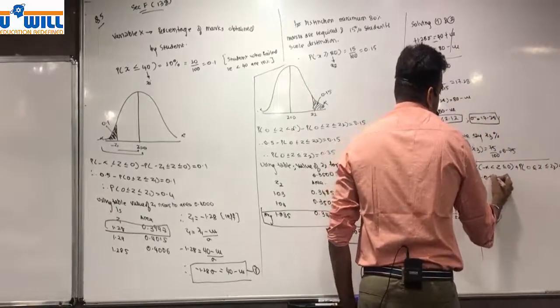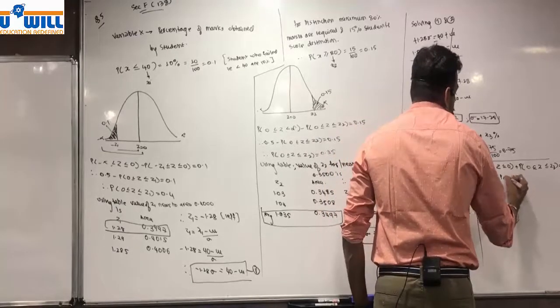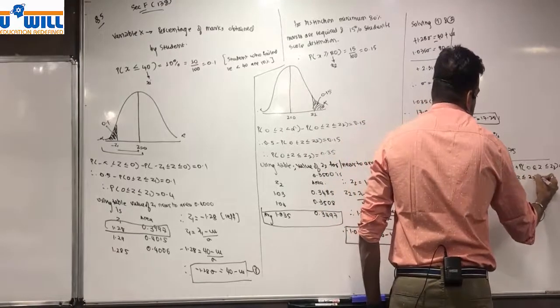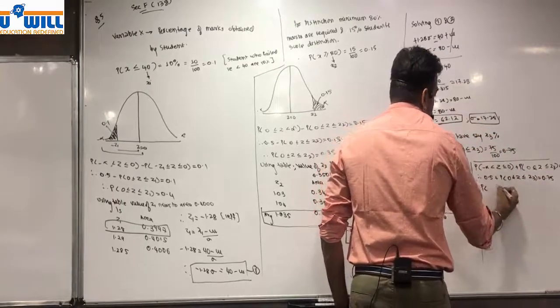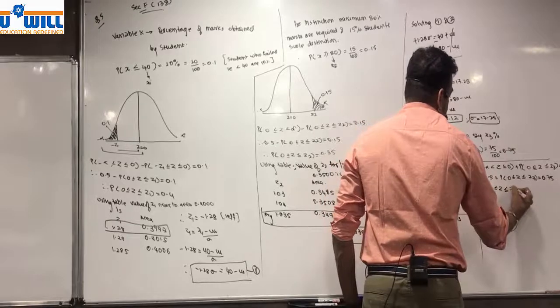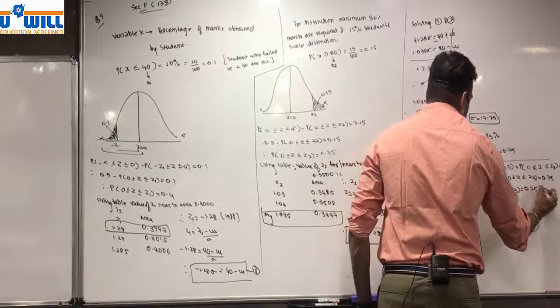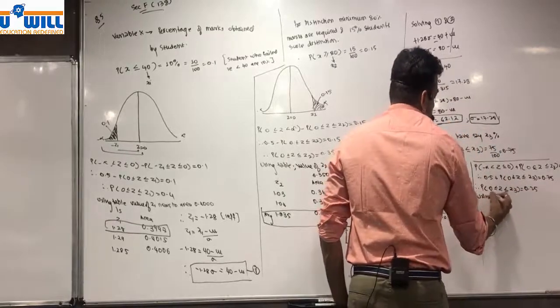Therefore, 0.5 plus probability of z greater than or equal to 0 less than or equal to z3 is equal to 0.75. Therefore, probability of z greater than or equal to 0 less than or equal to z3 is equal to 0.25. Using table,